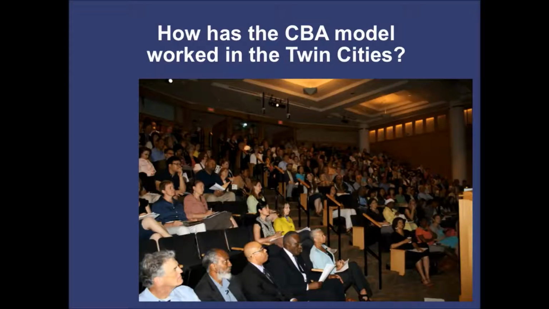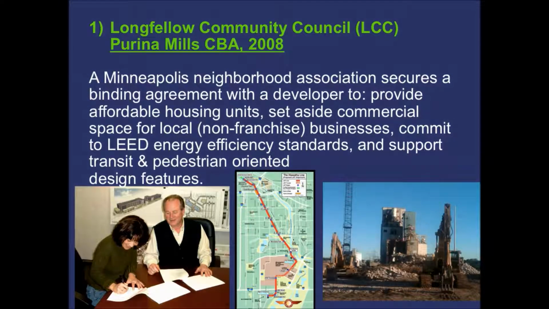compact. Okay, now we're going to take a look at a couple of examples in the Twin Cities, and then we're going to be done with the presentation part, and we'll have more discussion about this stuff in class. How has the CBA model worked in the Twin Cities? First example is the very first CBA that was signed by a Minneapolis neighborhood group for the Perina Mills development